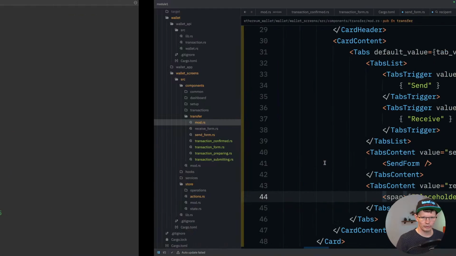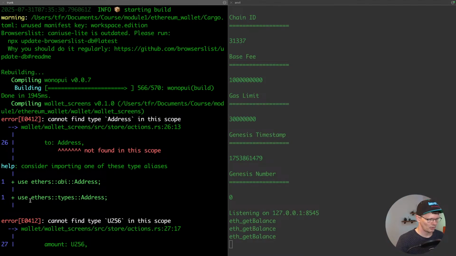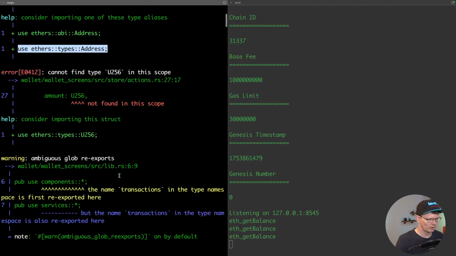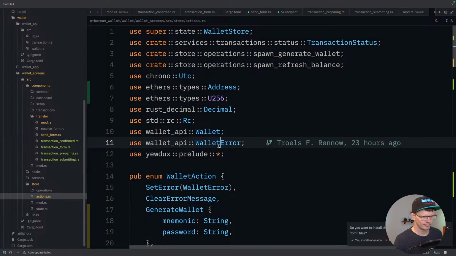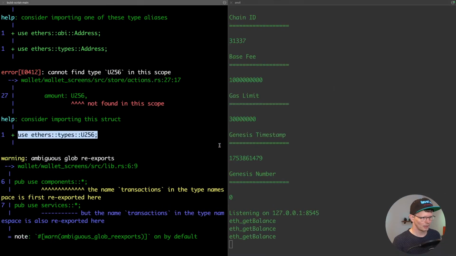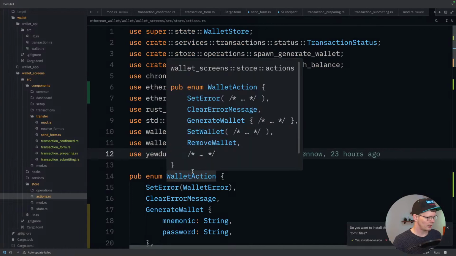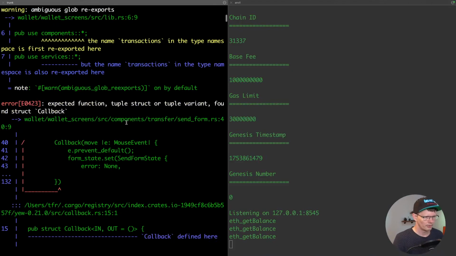Okay, in actions we need to import the address as well. So let's just add that. That should fix that issue. We also need to import U256. And then in send form, it complains about